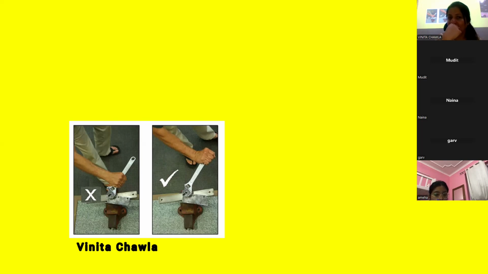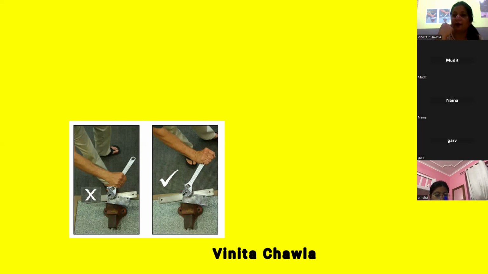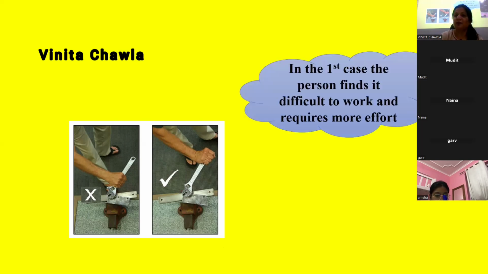राइट है ना। बट यस मैम। सेकेंड केस में वी कैन इजिली रोटेट इट। ठीक है, उसको हम इजिली रोटेट कर सकते हैं अगर उसको हम एंड से होल्ड करते हैं तो। So in the first case, the person finds it